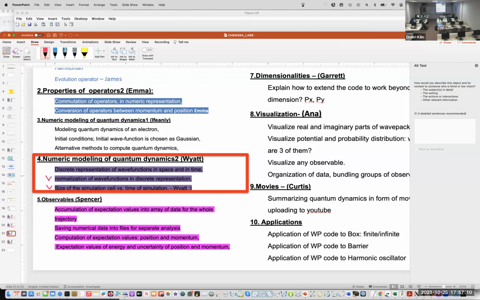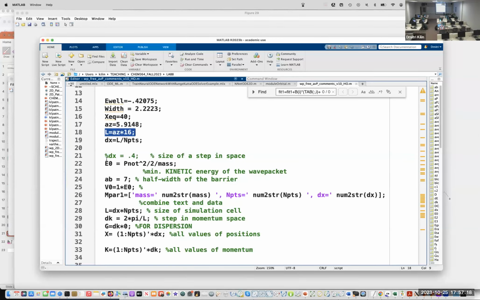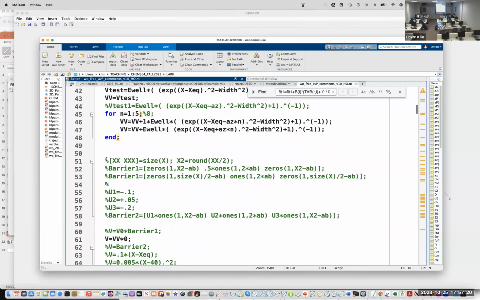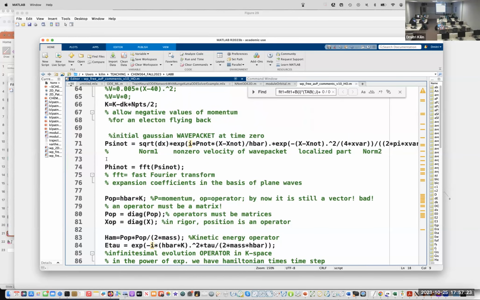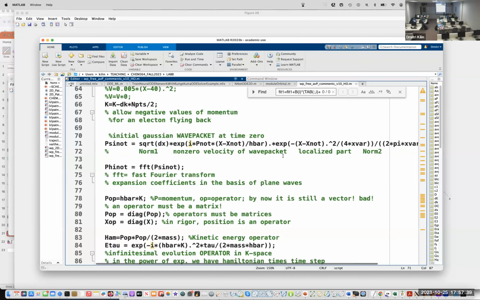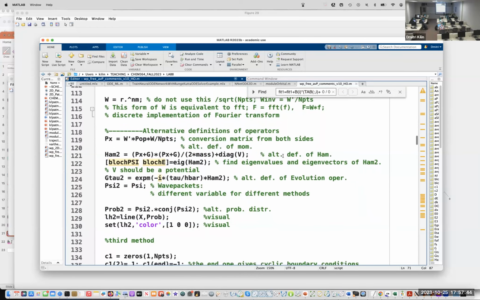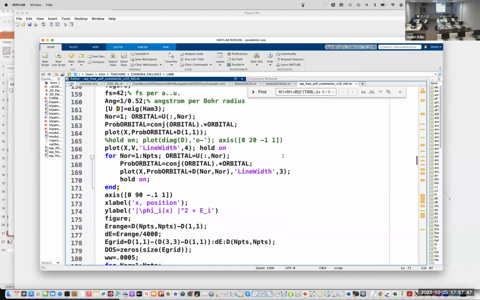Normalization of wave function in discrete representation. Initial wave function is normalized by doing this Gaussian wave function, and you get this normalization from our consideration of wave packet. But in addition, there is a chance of accumulating numerical error during the simulation.